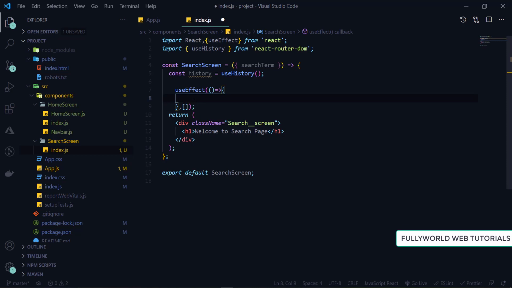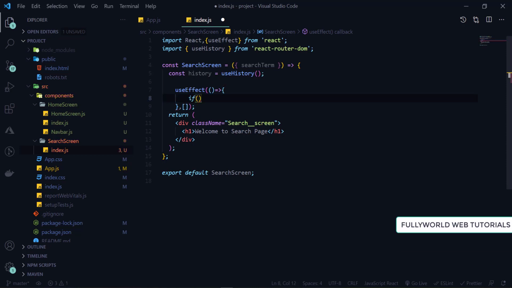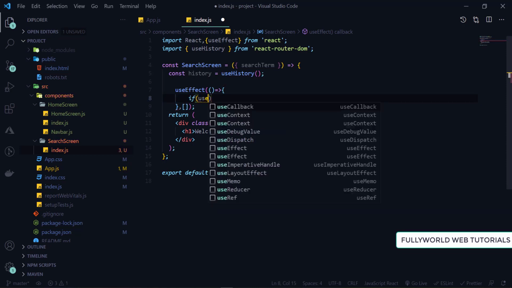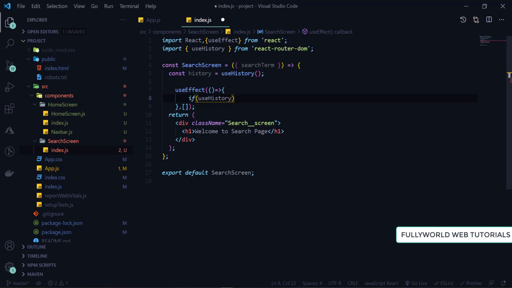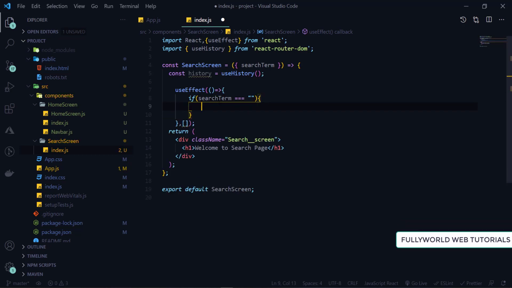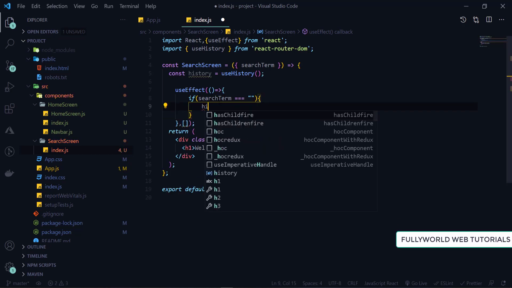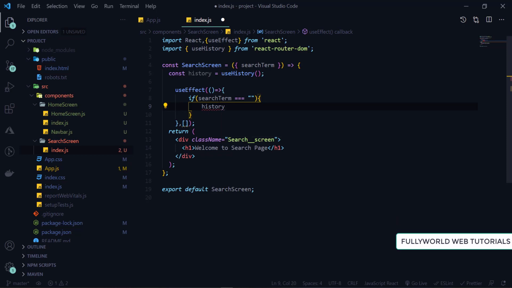It will check useHistory, search term. If search term is equal to this one, if nothing is present in search term, then we are simply going to history.push to our index page.